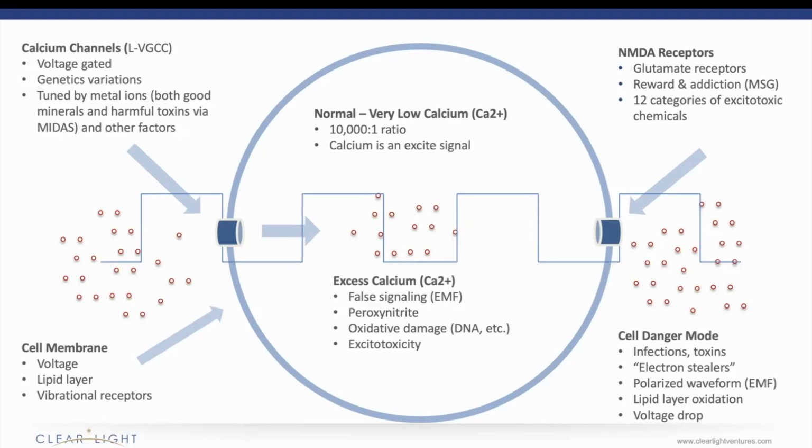What Dr. Pall talked about in his paper is 12 categories of excitotoxic chemicals. It's really helpful actually, because I used to think, oh my gosh, we've got all these chemical exposures, we've got 80,000 chemicals in commerce, but he's really narrowed it down and said, let's just focus on this pathway, calcium. Actually I think he's got 15 excitotoxic chemicals listed in his paper, but there were different categories and whatever. But it helps us really narrow things down. Because it gets very overwhelming as